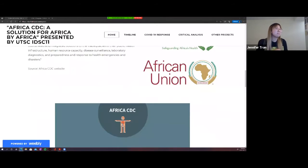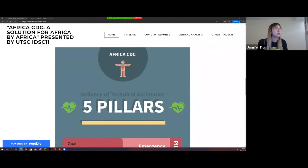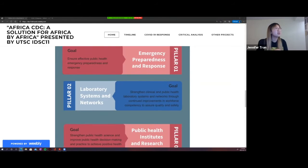So within Africa CDC, they've outlined 5 different pillars for delivering technical assistance. The first pillar is emergency preparedness and response. The goal of that is to ensure effective public health emergency preparedness and response. Pillar number 2 is laboratory systems and networks. Its goal is to strengthen clinical and public health laboratory systems networks through continued improvements in workforce competency to ensure